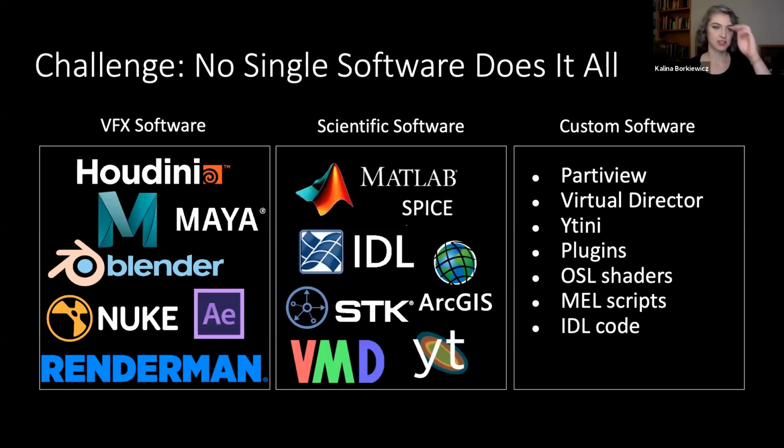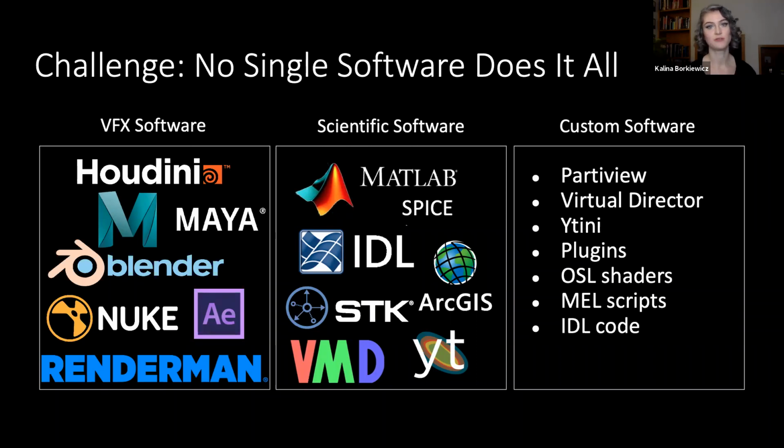Another problem is that there isn't actually existing software for cinematic scientific visualization. There's software for cinema, here referred to as VFX or visual effects software. And then there's software for science, but we are in between those two. So we can use either category of tools to create our visualizations, and each type of tool has its pros and its cons. Generally speaking, the visual effects tools provide great controls for things like cinematography, color design and artistic elements in general, but they don't understand scientific data.